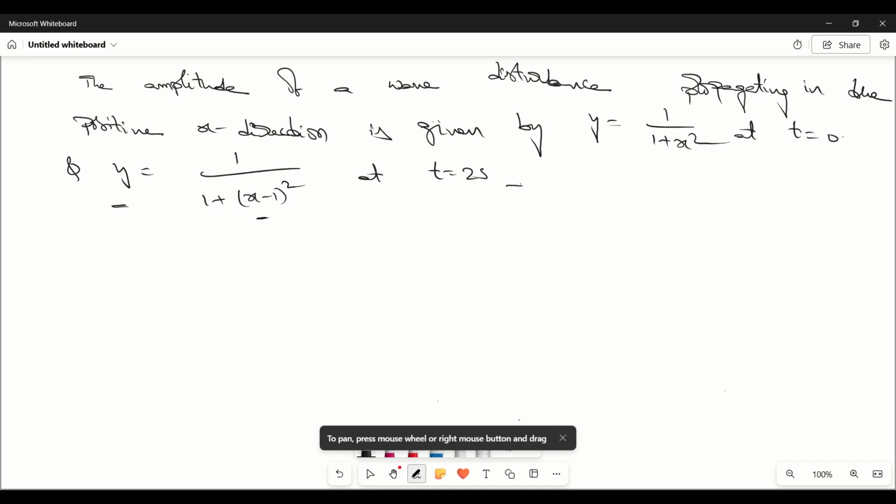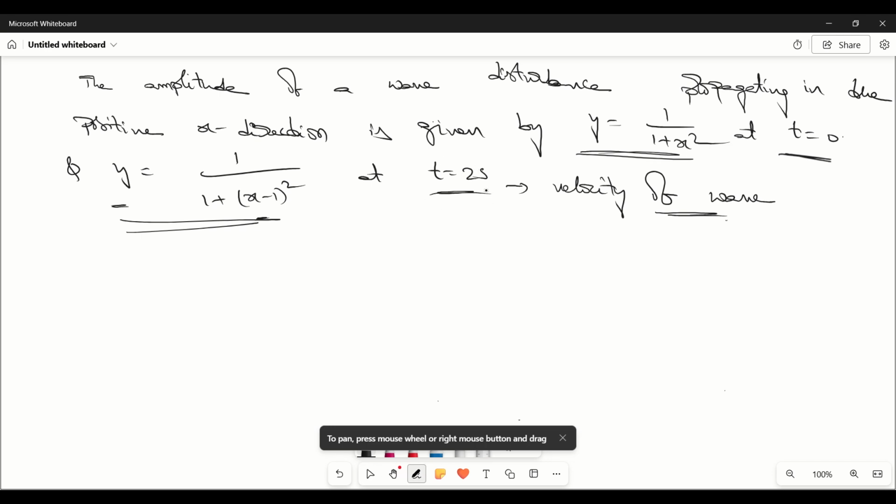So we are going to represent a common expression based on these two equations. The common expression is given as y equal to 1 by 1 plus (x minus vt) whole square. Observe this equation at t equal to 0. When I substitute t equal to 0 in this equation, here we get